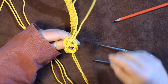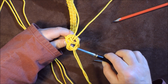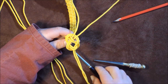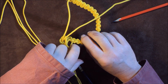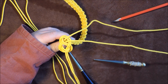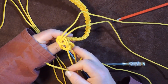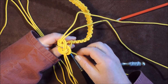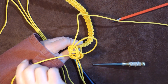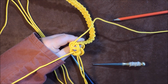And now basically what we're doing is these opposite ends here are going to go round, underneath, and then up through the middle at that point there. So it's going round the back of these two here, and up through the middle. So let's just do it one at a time, grab one lead at a time. Let's take the first lead, get the end of that, and bring it round the back of the two underneath there, round like so, and up through the middle. And just pull the excess on there. Okay, and then do exactly the same for the one next to it. Round the back, up through the middle,